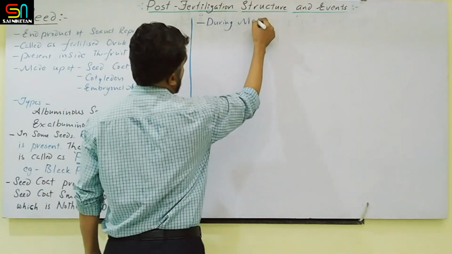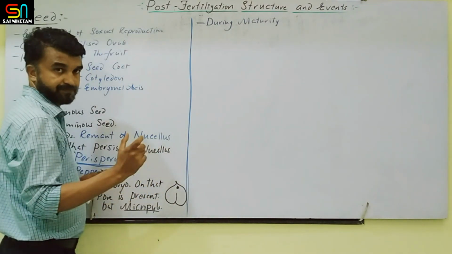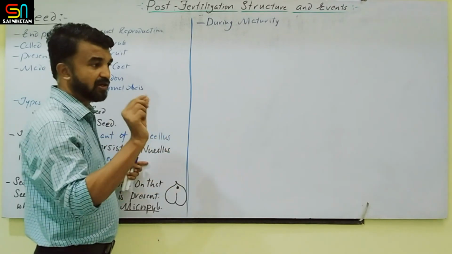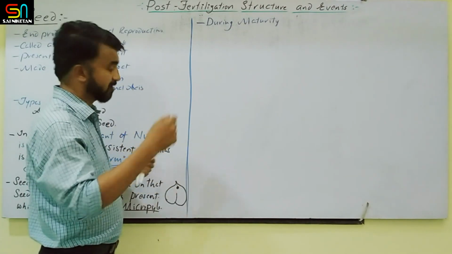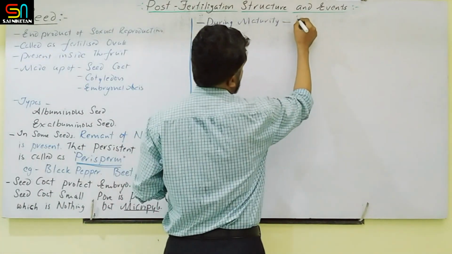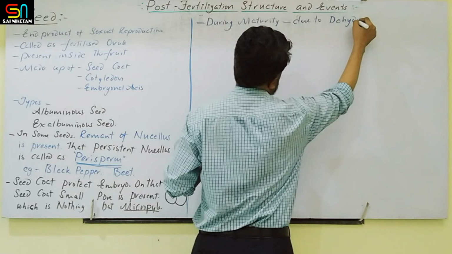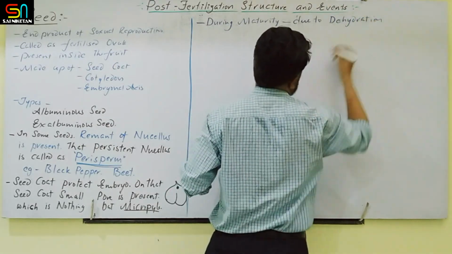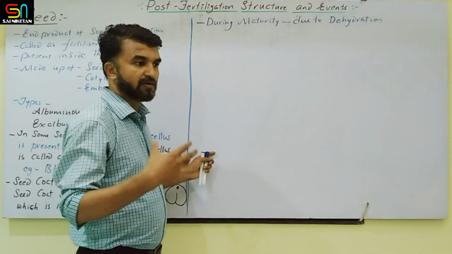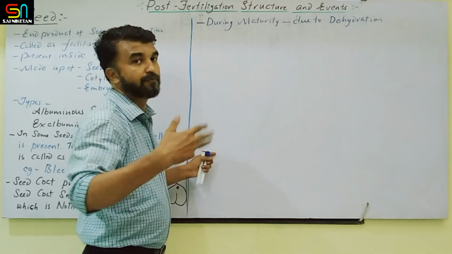During maturity, the young seeds are green in nature. If you take any seed, like green peas or chana or even groundnut, initially they are fleshy, hydrated, and soft. As the maturity continues, due to dehydration, gradually the water content decreases. Initially, when you take the young seed, 70 to 80% water is present. Gradually, the water concentration decreases so it reaches 10 to 15%.